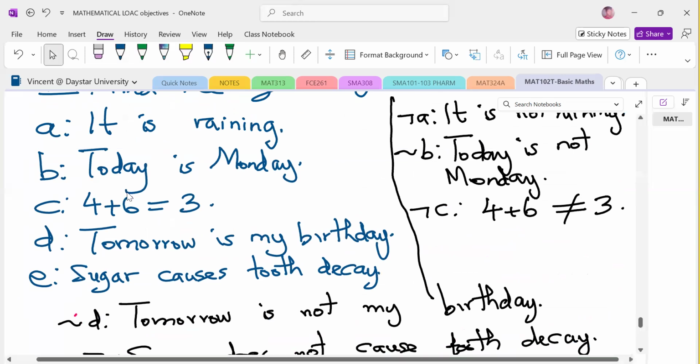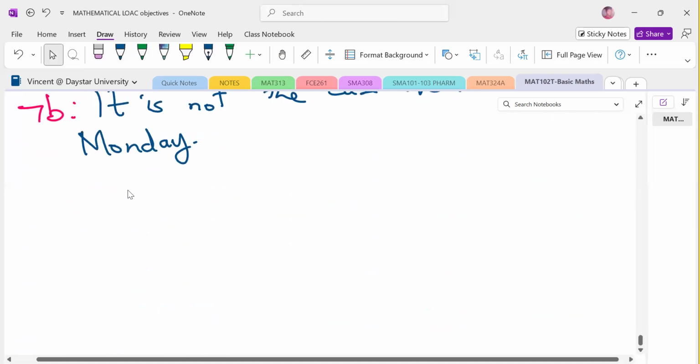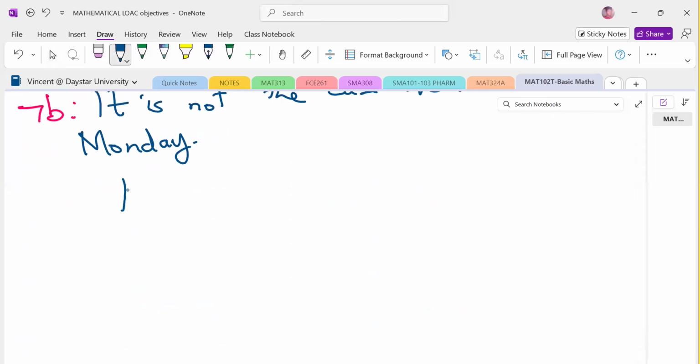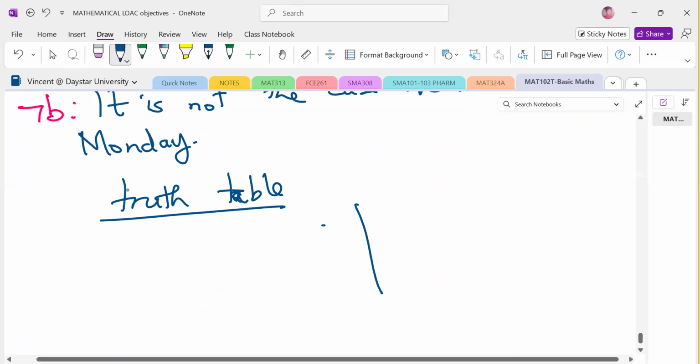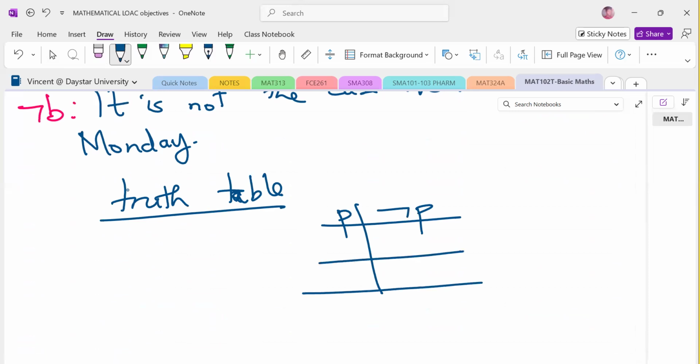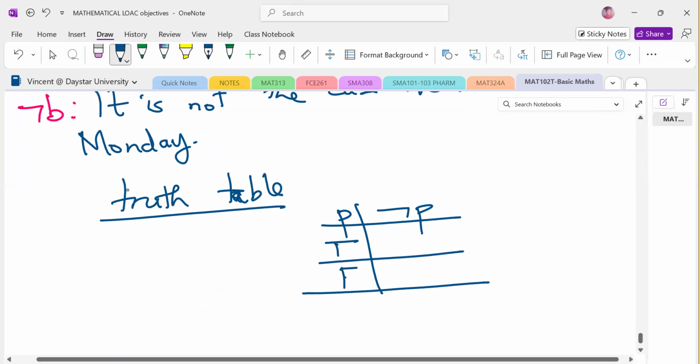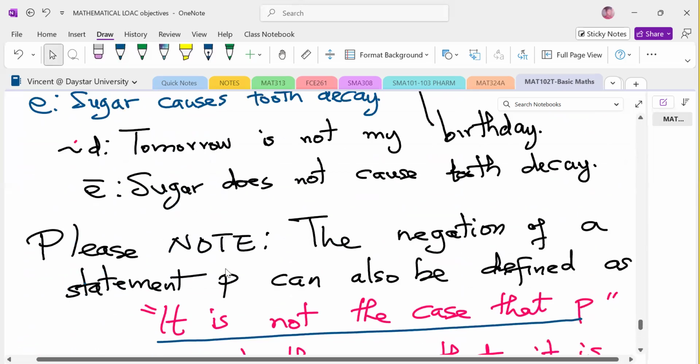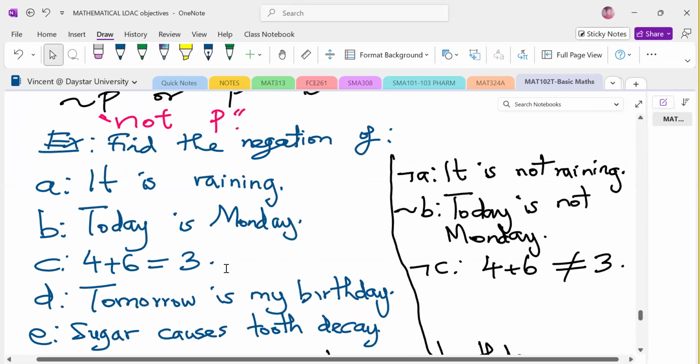Correct. Yeah, that's how you can write it. Then truth table. So truth table, you write statement P, a negation of P, then P can be true or it can be false. Now, maybe for us to fill that table, let's say, when we say, according to where you are, the statement